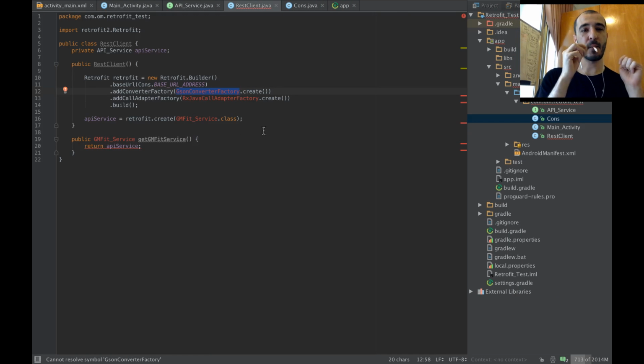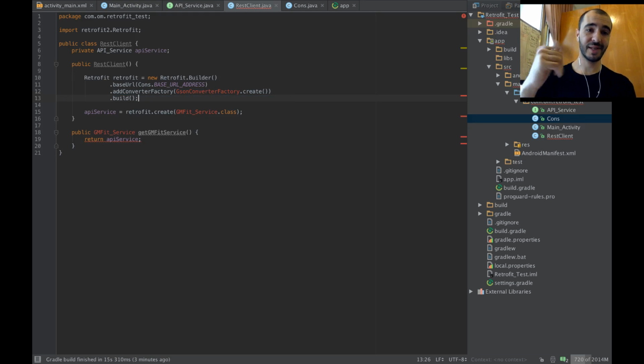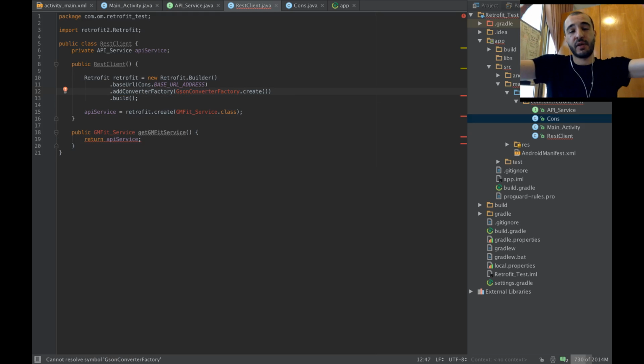JSON converter factory. Actually, we don't need this line because we're not going to make them RX. They actually work with RX, but we're not going to do that right now. So add converter factory. Now the thing is with the converter factory, bro, is that